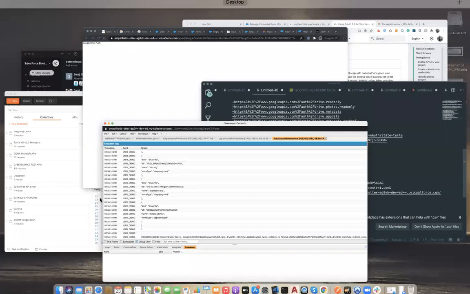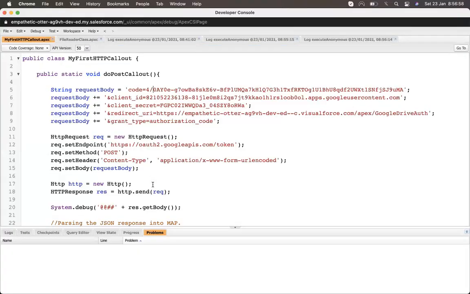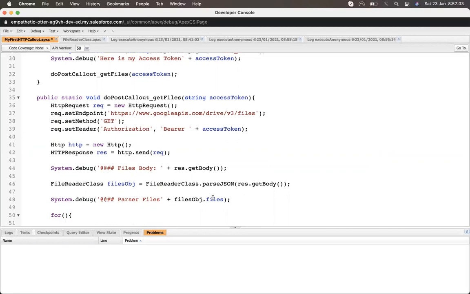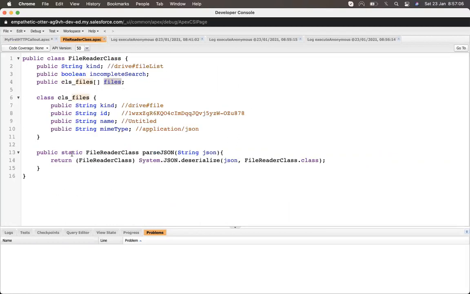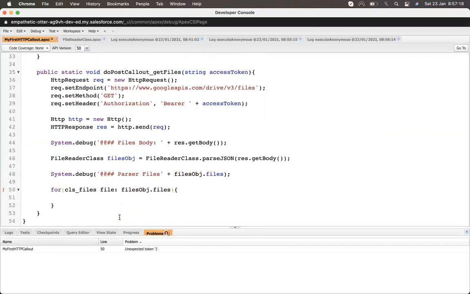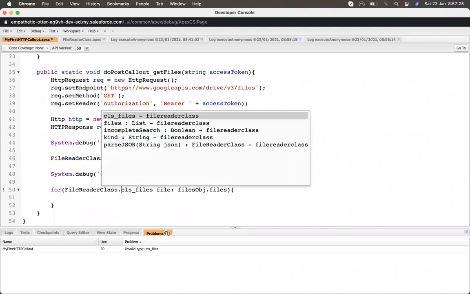Since it is a list, I can get the file names up here. Since it's a list of files and its data type is class CLS file, I will use CLS file and file object dot file. CLS file is not accessible directly because it's an inner class of that, so I will use file reader dot CLS file.